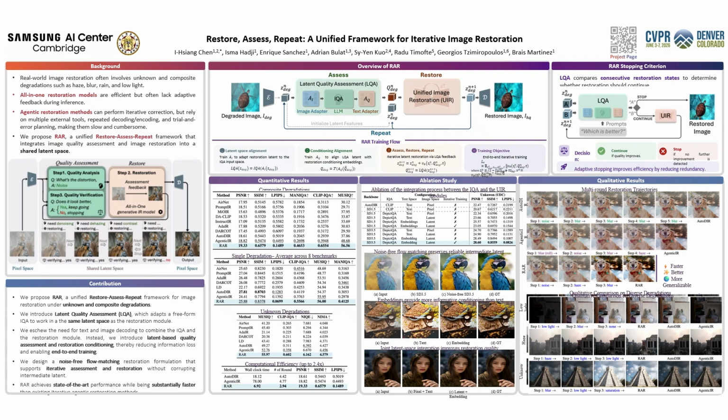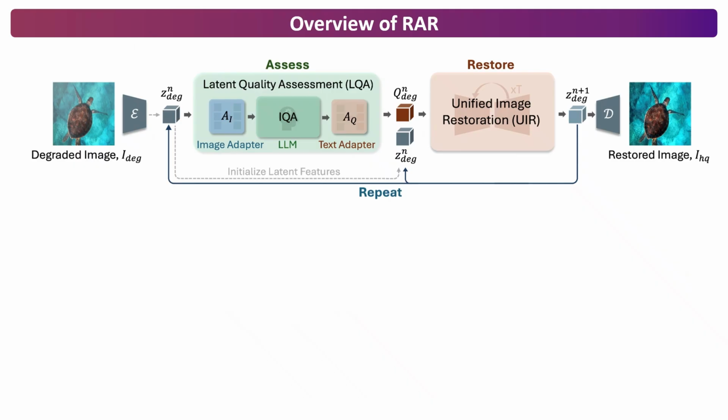In this work, we introduce RAR, a new solution for image restoration based on an efficient restore, assess, and repeat process. So, how does RAR work? The general idea is that given a degraded image, we rely on an image quality assessment model that can describe